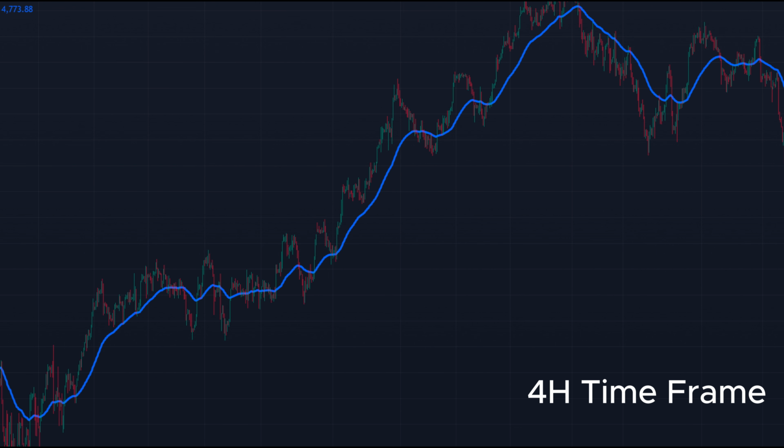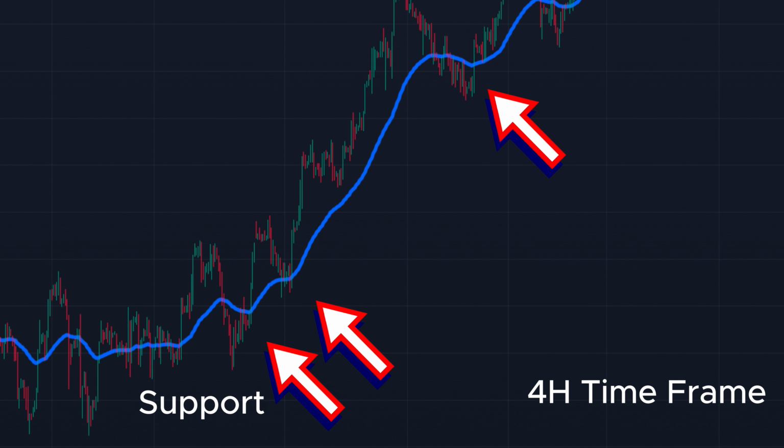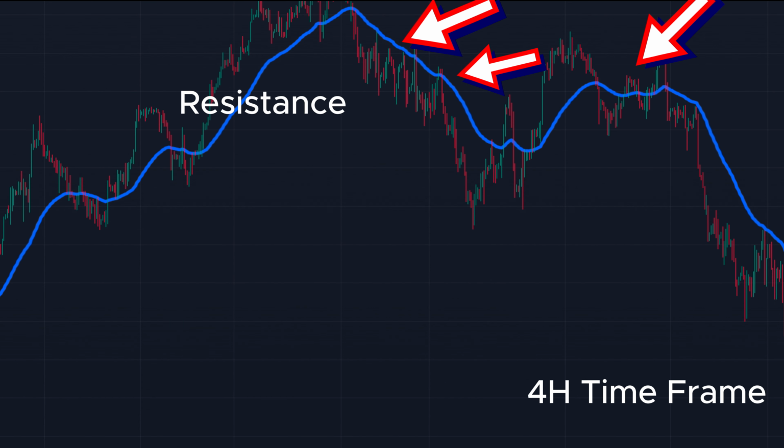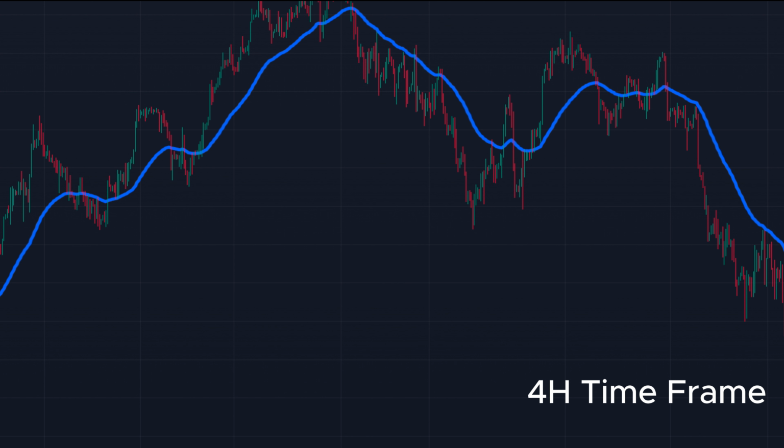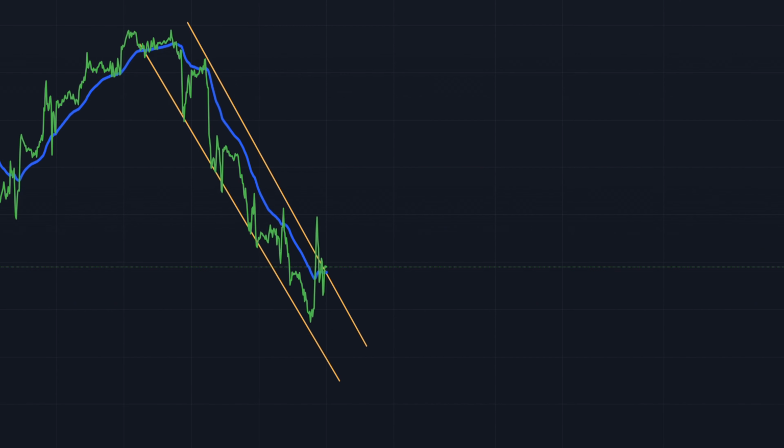and reversals. This time frame suits swing traders looking to capture medium-term price movements and trends. Here, the 50 EMA acts as a reliable indicator of trend direction and support resistance levels over extended periods. Swing traders use it to confirm trend reversals and plan their entries and exits accordingly. Whether you're trading on the 1-hour, 15-minute, or 4-hour chart, the 50-period exponential moving average can be a game-changer in your trading arsenal. By understanding its role across different time frames, you can adapt your strategies to suit varying market